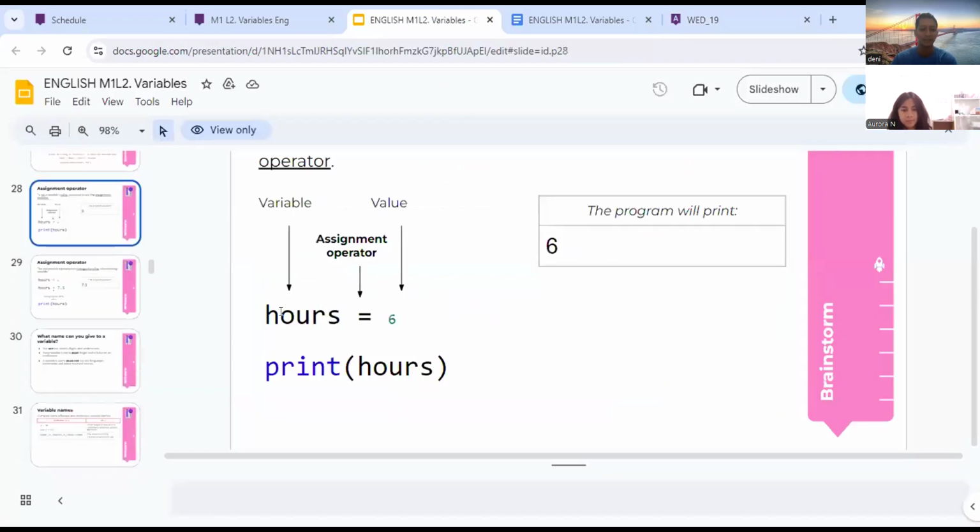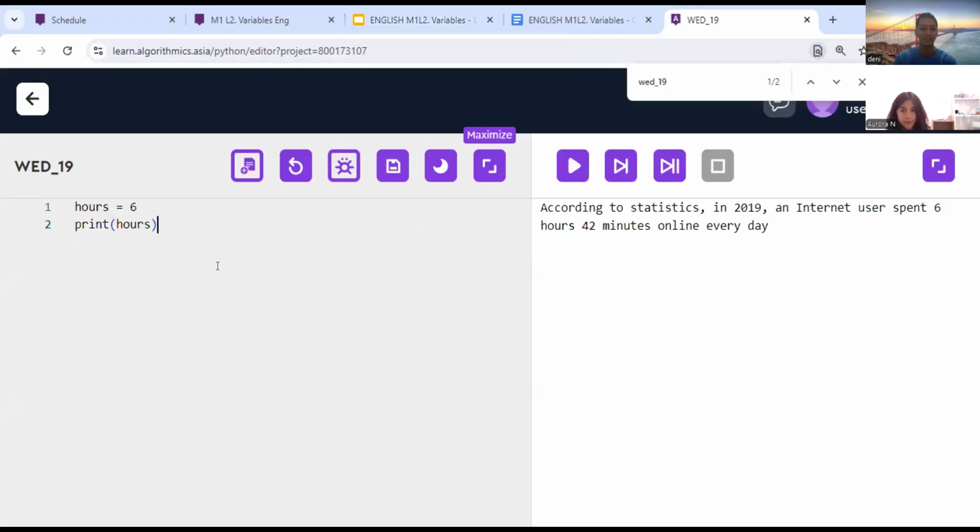If I have a variable hours equal to 6 and I print it, it will display what? 6. That's right. If you don't trust me, let's try it. Okay, that's right. But why are there 2 lines here and only one here?